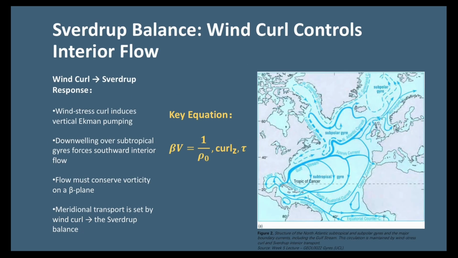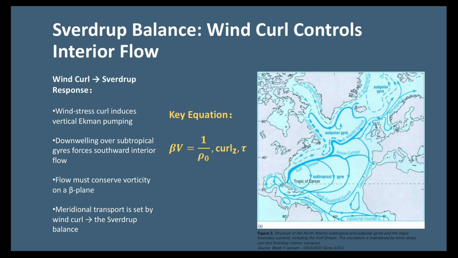Figure 2 shows the structure of the subtropical and subpolar gyres in the North Atlantic. The arrows on the map show the large-scale interior flow produced by wind forcing. The only formula-type symbol on this page is beta, the beta effect. Beta describes how the Coriolis effect becomes stronger as we move north. Because the ocean must conserve vorticity while the Coriolis effect changes with latitude, the interior flow adjusts in a predictable way. This gives us the Sverdrup flow, which is the broad and slow equatorial transport inside the subtropical gyre